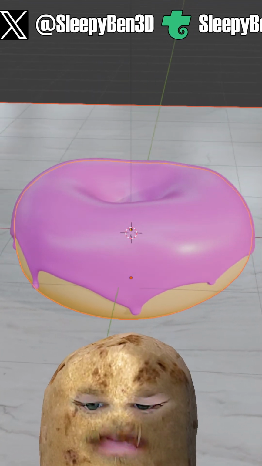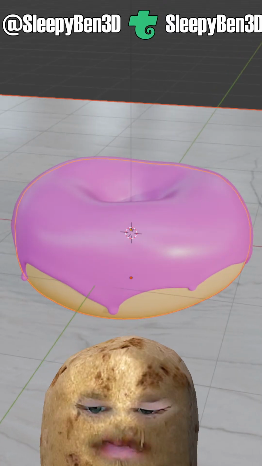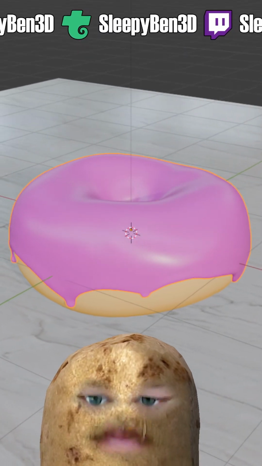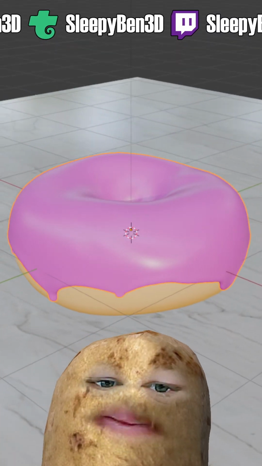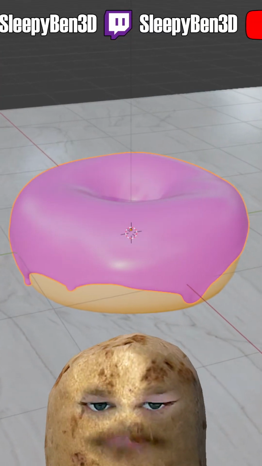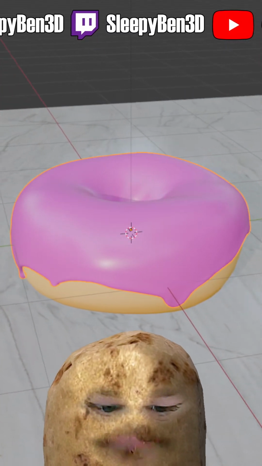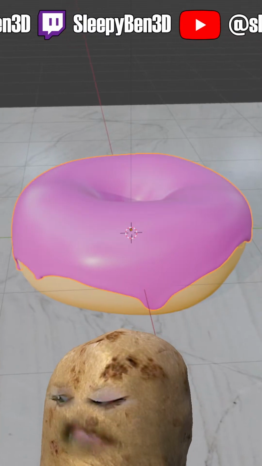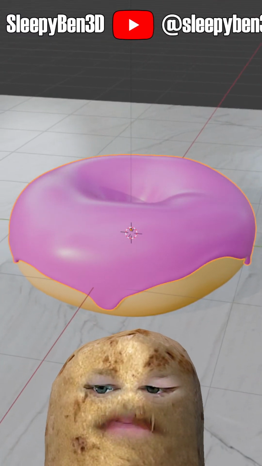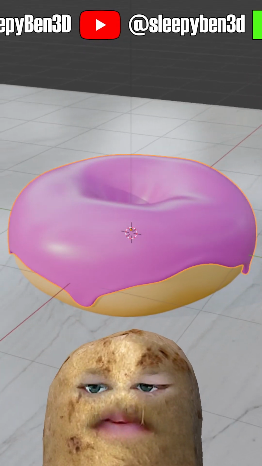Okay, so with your icing selected, click the new button. So welcome to the world of geometry nodes. Geometry nodes is actually a modifier. So when we hit new there, we've added in a modifier called geometry nodes. And what the modifier is doing is whatever we want it to, okay? So this section down here is a node-based system, and it